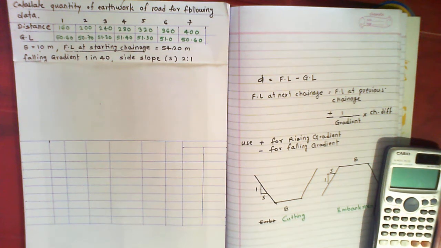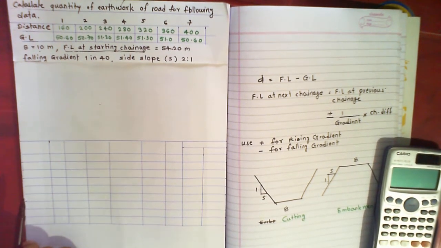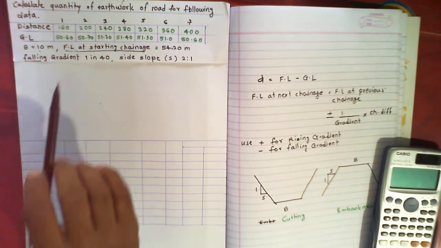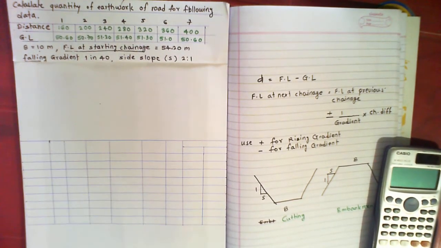Hello students, yesterday we have seen the basics of computation of earthwork regarding the first method, that is the mean area method. So today we are going to solve this numerical on the mean area method, and we have the following data as distances and ground levels. We have distances, that is chainages, as 160, 200, 240, 280, 320, 360 and 400 meter, and